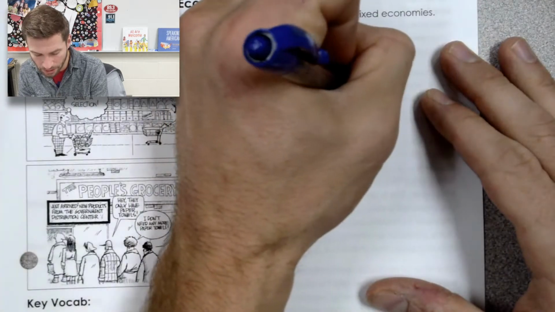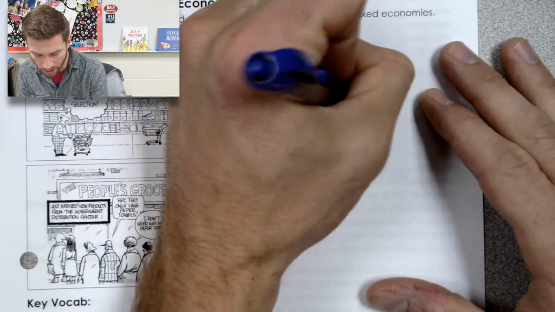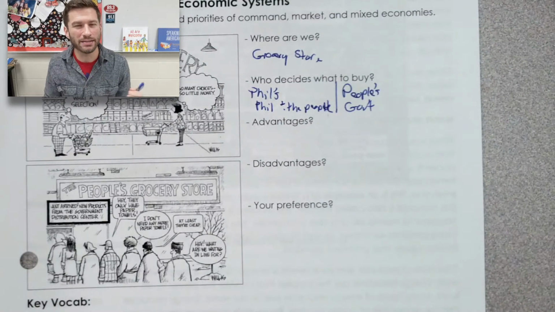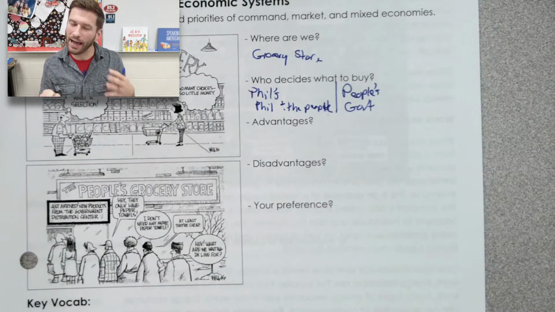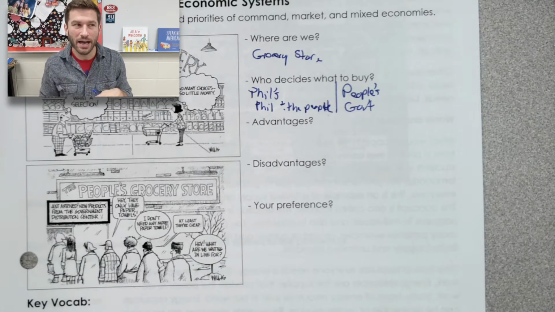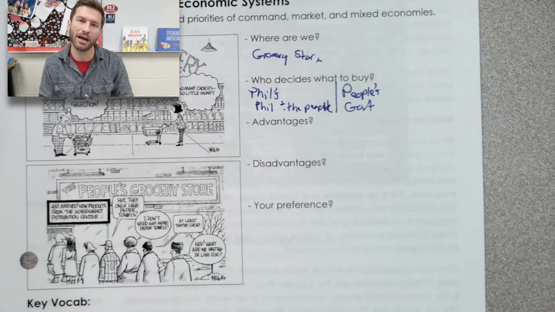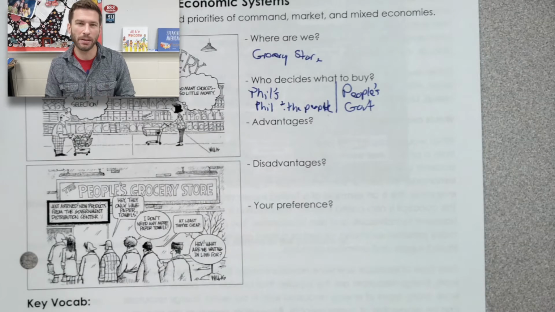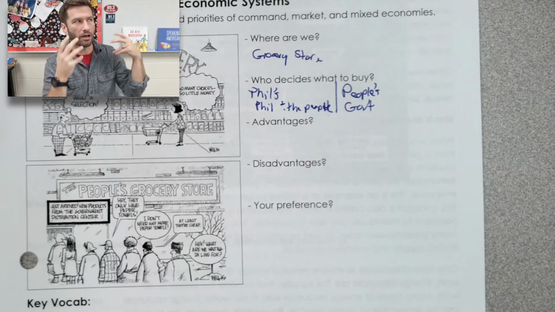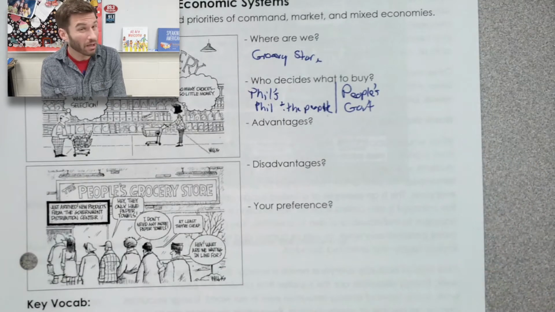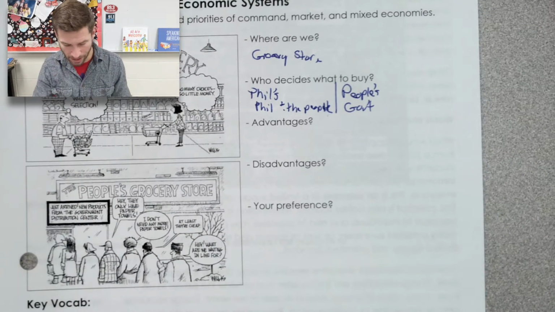And then at the People's Grocery Store, we're going to say that the government decides what to buy. In this case, and in a lot of cases in an economic or a global studies context, the people sometimes also refers to the government. The people can refer to you and I as actual people and what we really want. But in an economic systems context, the people is kind of another word, or a euphemism, for the government. And so who decides here? Well, not the people, even though it says the people, but it would be the government.